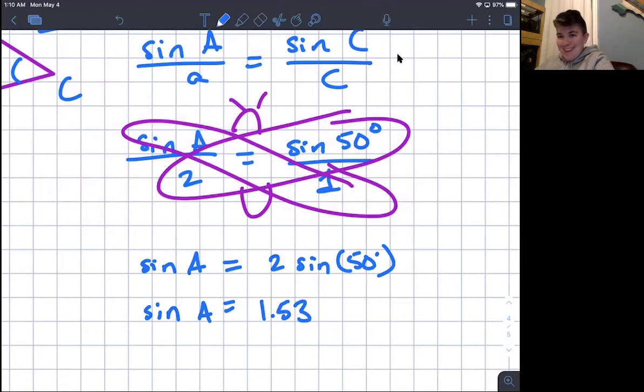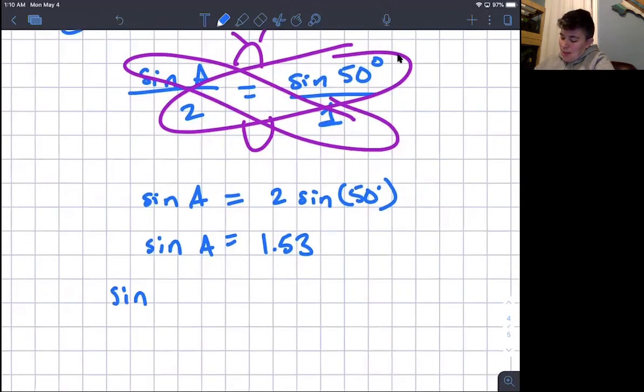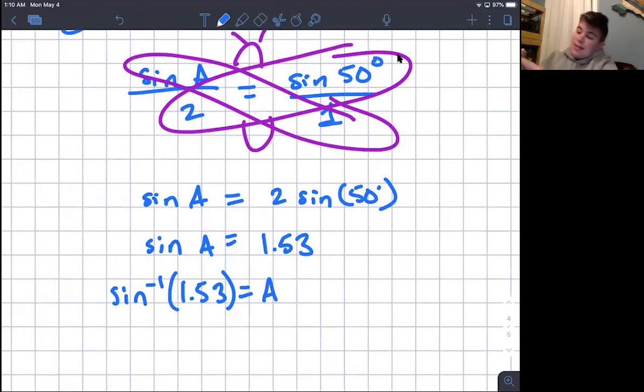Wait a second. Check this out. So then if I wanted to get to A, I needed the inverse sine of 1.532088886. Y'all, this number right here, there's a problem. That number is greater than 1. So if you tried to take the inverse sine of 1.53, of course you're not going to be able to